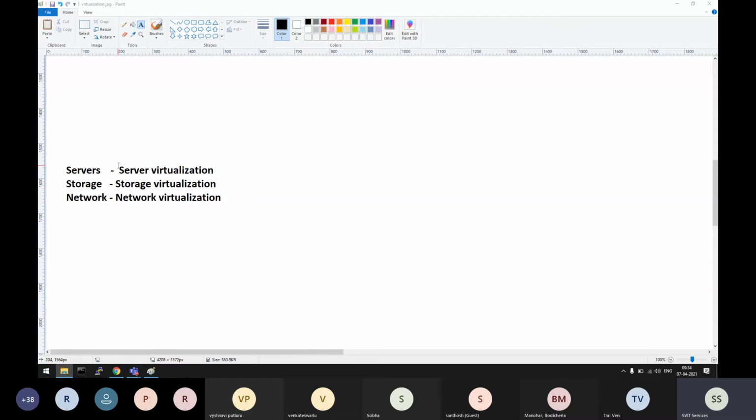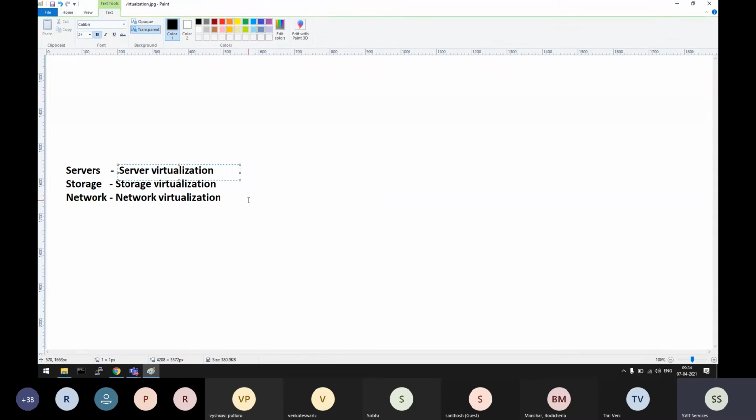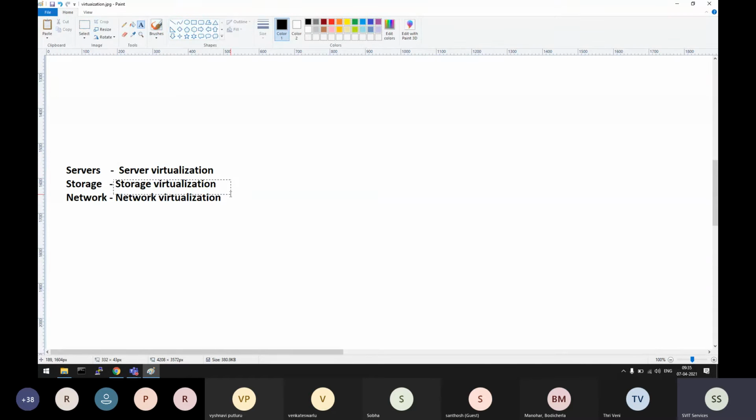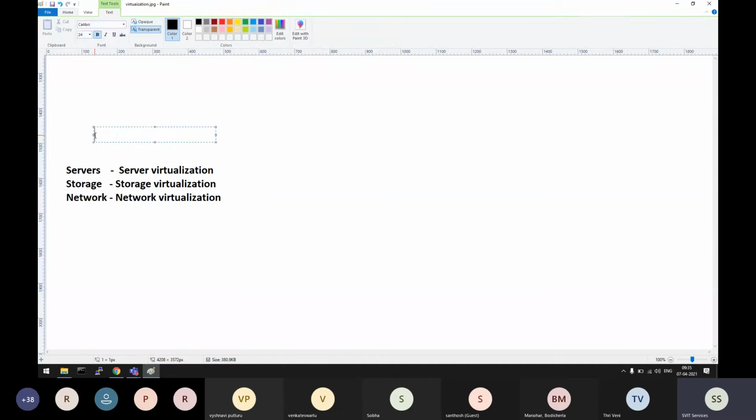And once this was very huge in the market, the storage companies also followed with storage virtualization. Network products also virtualized, with network virtualization. These are called types of virtualization, related to the technology that we are going to learn.